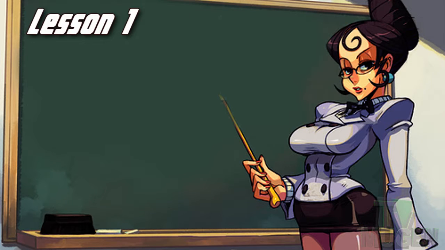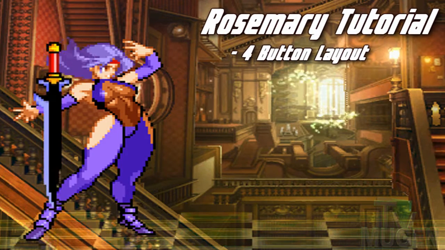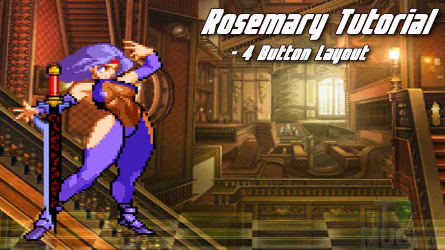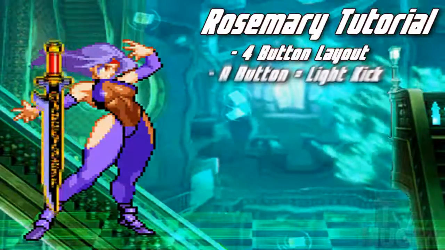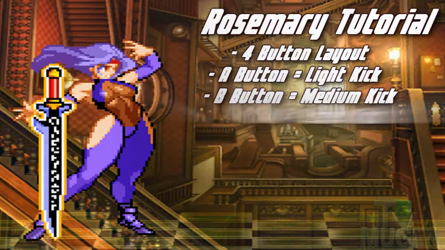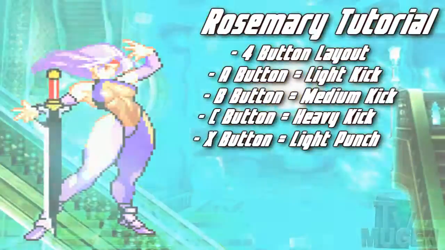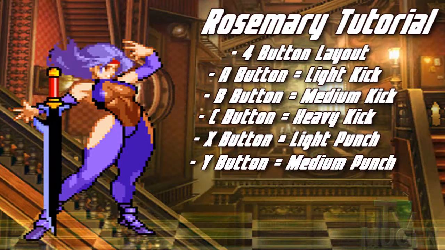Lesson 1. Button Layout. Rosemary utilizes a 4-button layout. You must keep in mind that Mugen classifies these buttons in the following format. A equals light kick, B equals medium kick, C equals heavy kick, X equals light punch, Y equals medium punch,